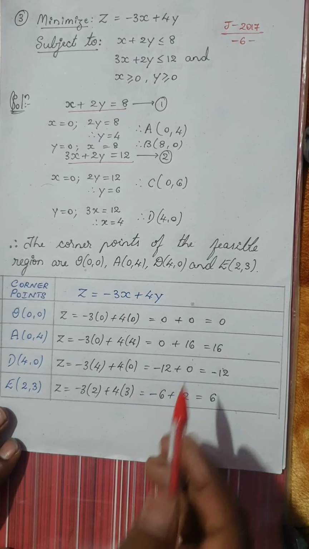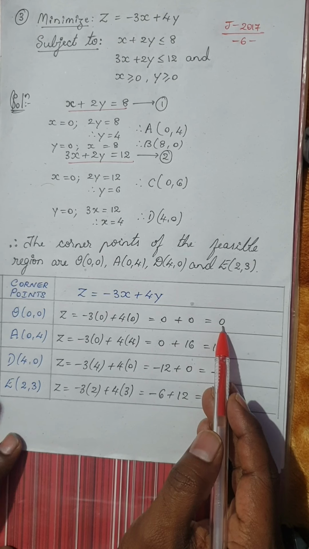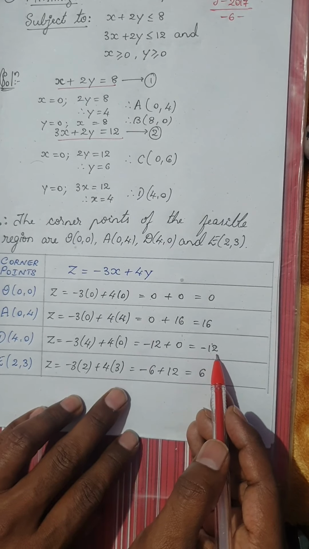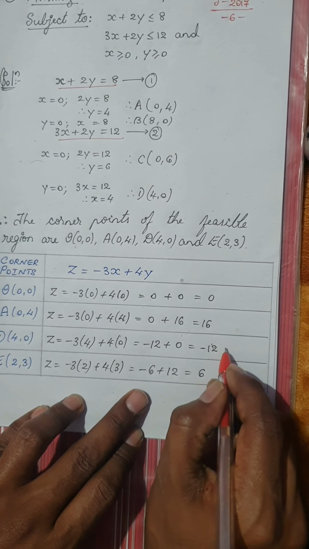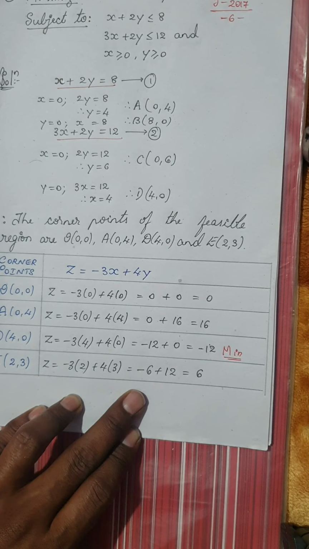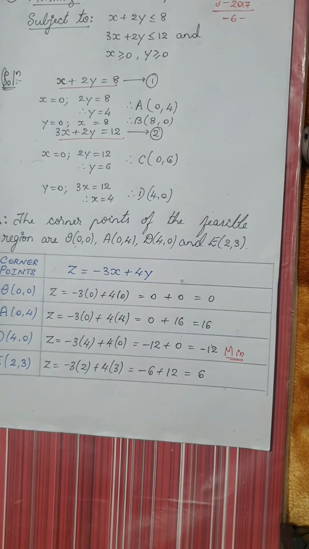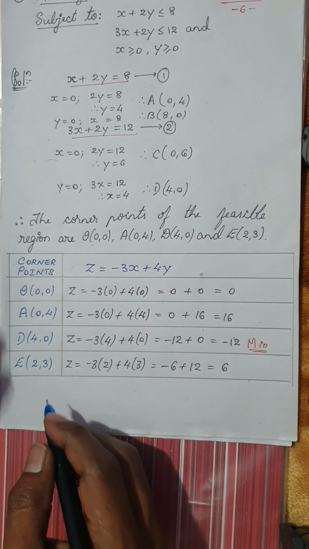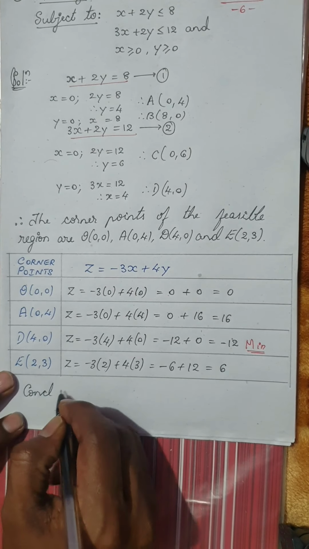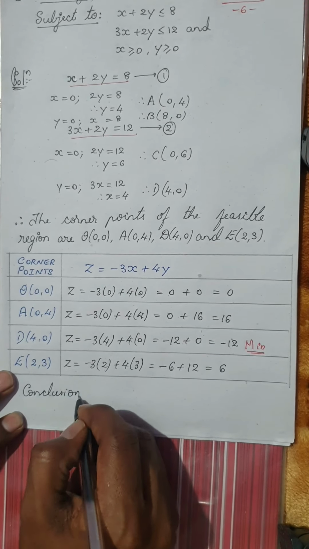You need not always look at 0 to be the minimum value, because minus 12 is lesser than 0. Okay, so this is the minimum value, which is minus 12. Therefore, you can write the conclusion as we have already done in the previous cases. Okay, so the conclusion goes like this: